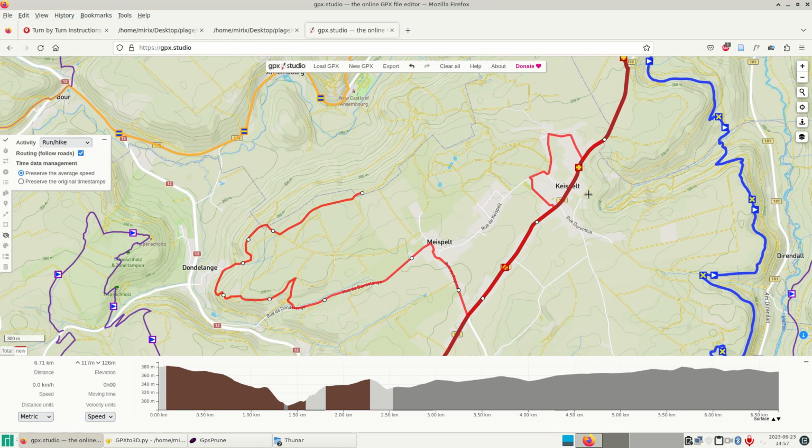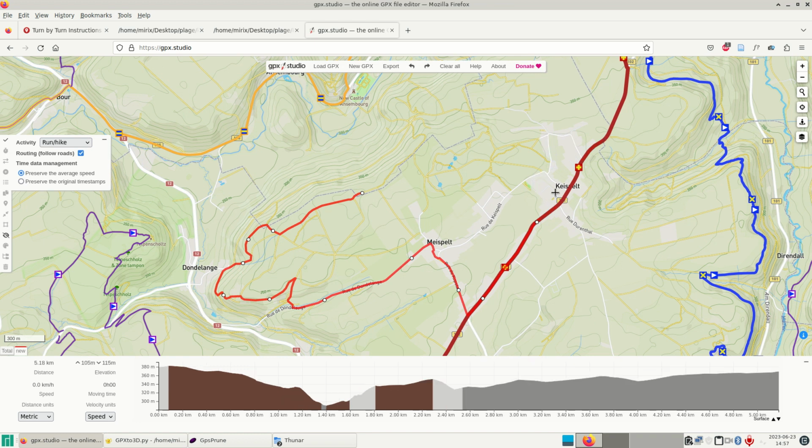It's not perfect. I'm not sure. Let me see if I can undo. Well, yeah, you can undo with Control Z. And then once you have your route, you can export it